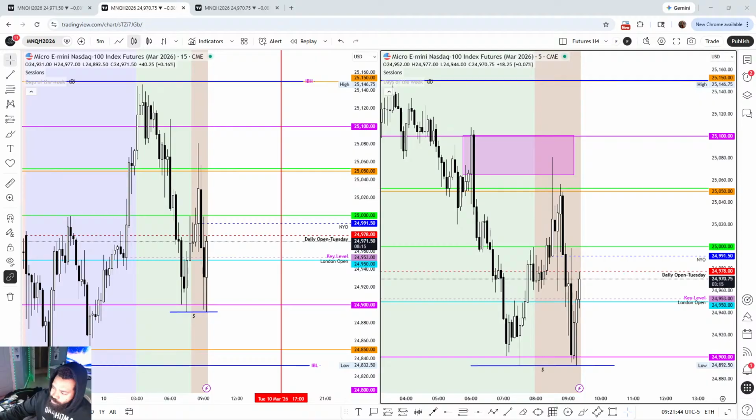Now we're right at point of interest, so that's going to be the key too. It's a very tight area. Could just reject and fall fairly quickly, but if you have any buys below 930s, 24,930s, I think you're definitely good. Especially if this 5-minute candle here extends above the point of interest and back to 25,000. But be careful here at point of interest.